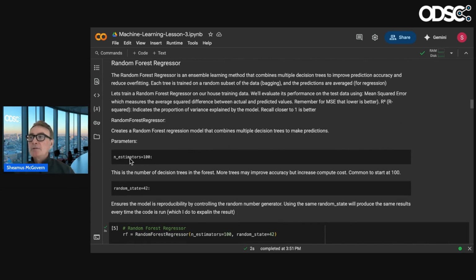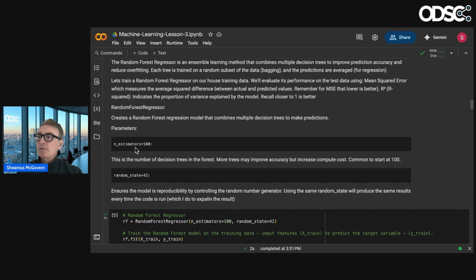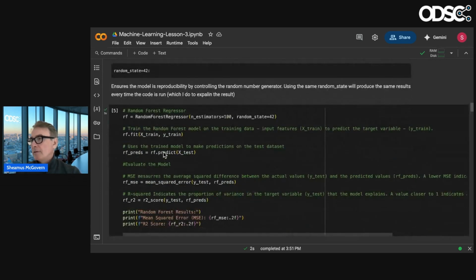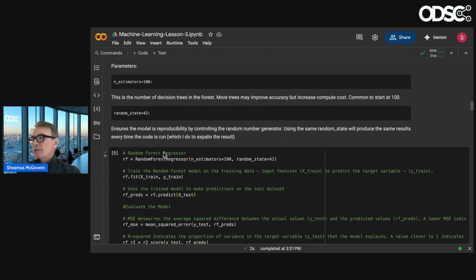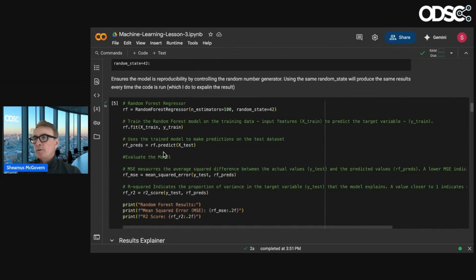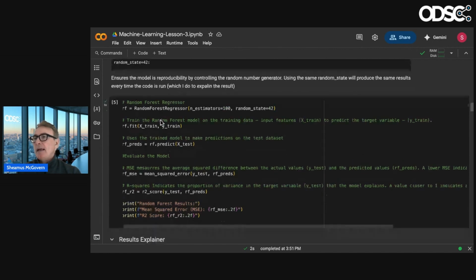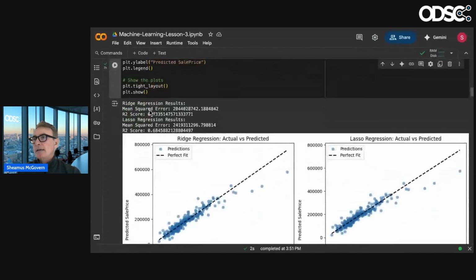All right, so random forest. One of the things you want to do there is set the number of estimators, how many times you want to run that, and another is the number of trees in the forest, so to speak. And then I set my random state again, so it's reproducible. A common start is 100. I don't know why it's 100, but they say it's 100, and I don't know who they is. Maybe it's Andy Mueller and those guys. So you can see here, number of estimators 100. So I'm going to have 100 trees here.